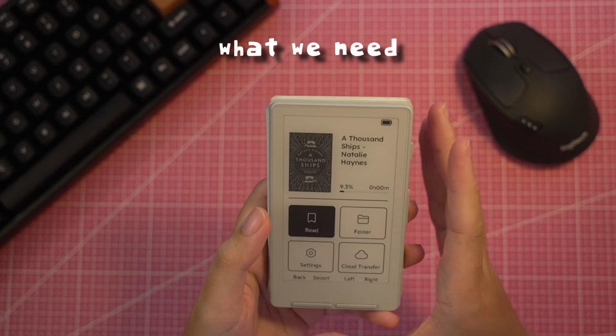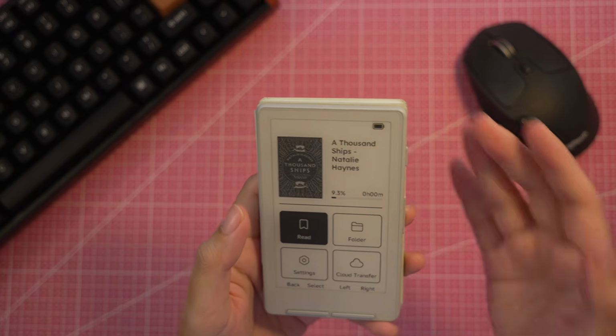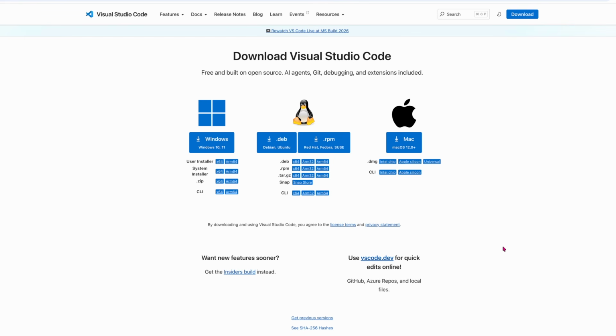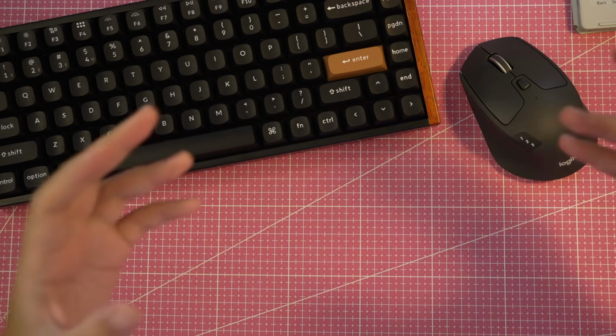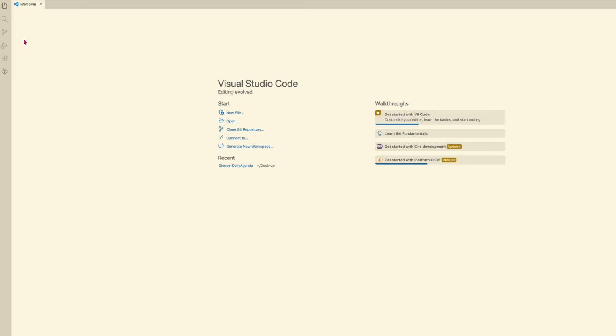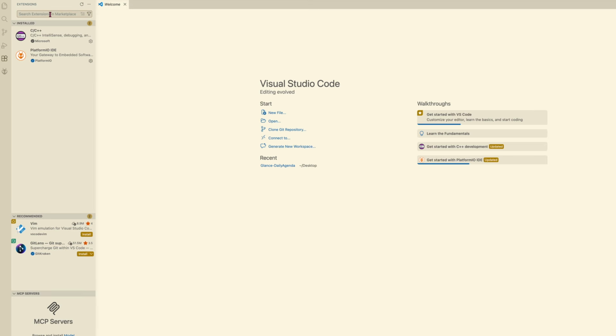First things first, we need to prepare your Mac computer. Here's what we need. You need to download VS Code to your Mac computer. Once you've done the initial setup, the next thing you have to do is open up your VS Code, then go to the left side panel where you see these 4 squares. This is how you're going to download the extensions, and search for